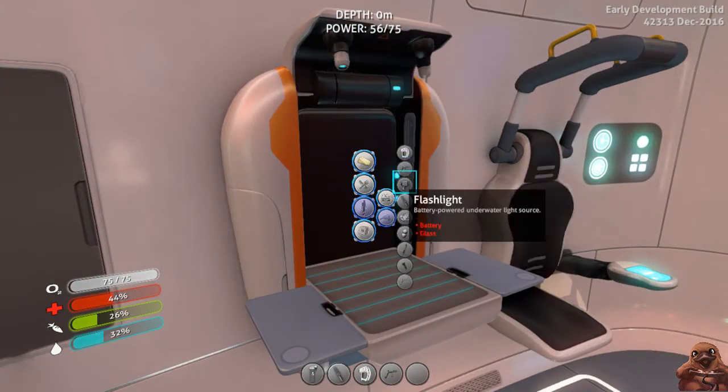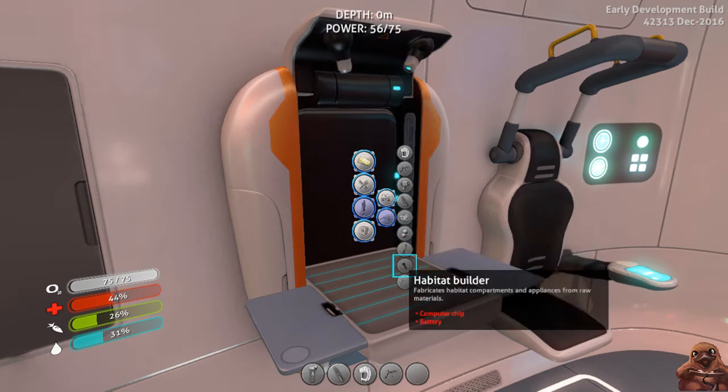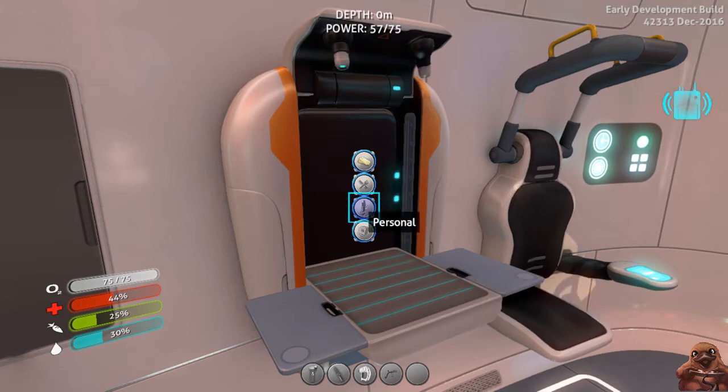Scanner, we have a rare part. We don't really care about a flashlight right now. We will eventually want the habitat builder, but I'm not too concerned about getting that just because we need